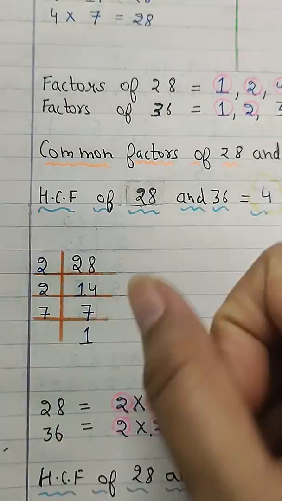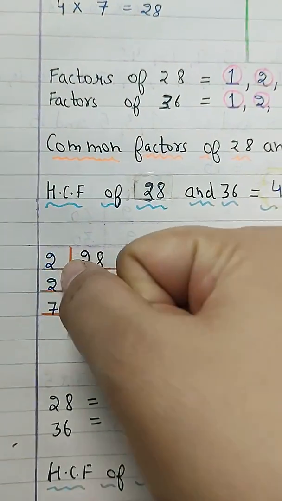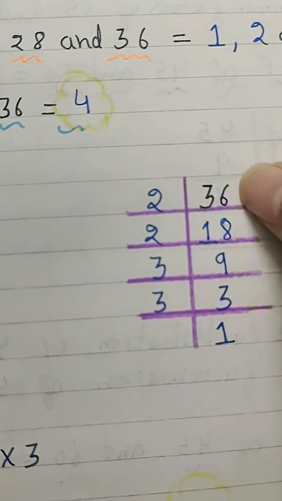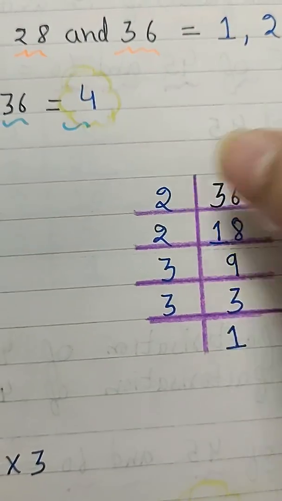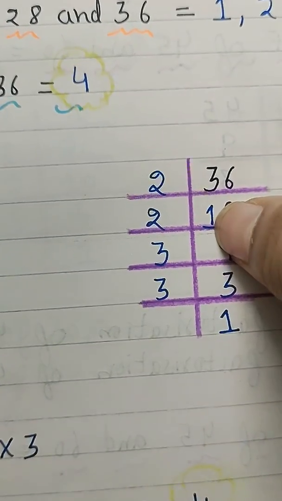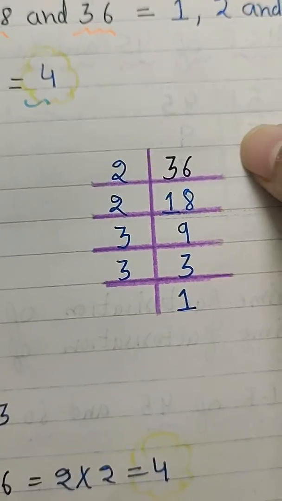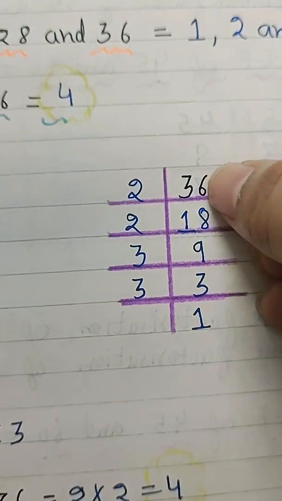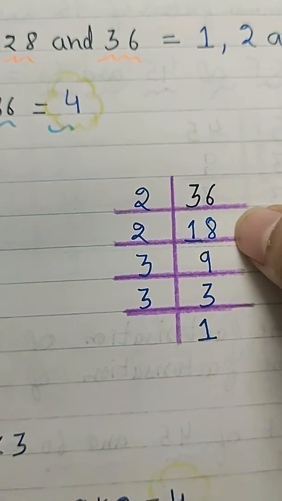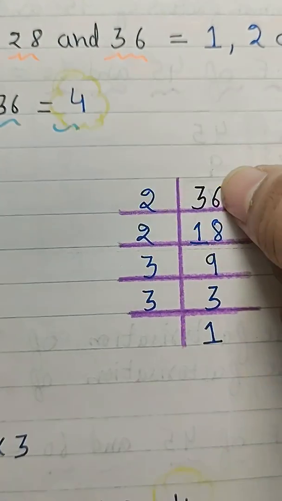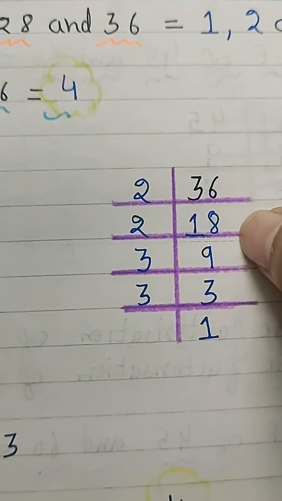Now this is the prime factorization of 28: 2 multiplied by 7. Now 36. As it has 6 at the end, it is divisible by 2, so we write 2 here. 3 does not come in the table of 2, so we write 1 here and carry over the remainder. Now 6 we write afterwards, so it becomes 16. 16 divided by 2 is 8. So now your number is 18 here. You can also divide 36 by 2 directly, and you will get 18.